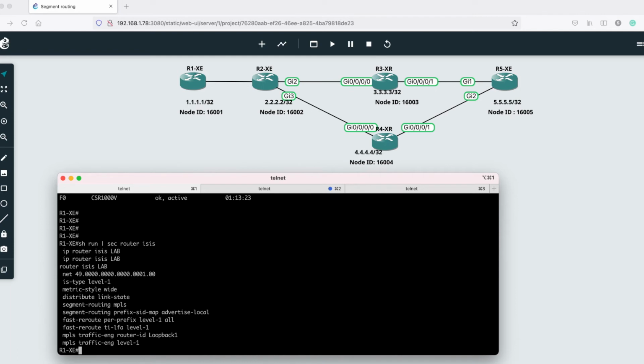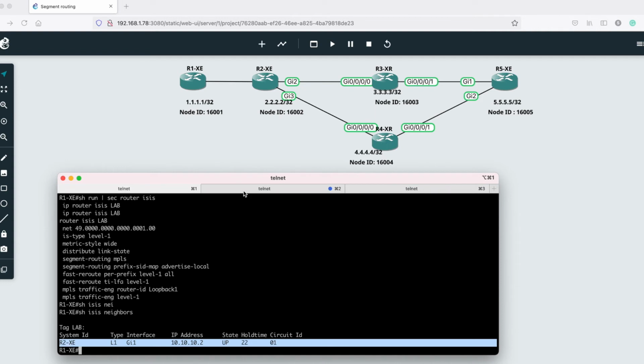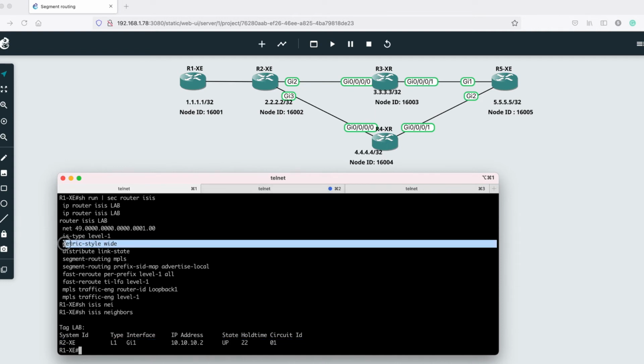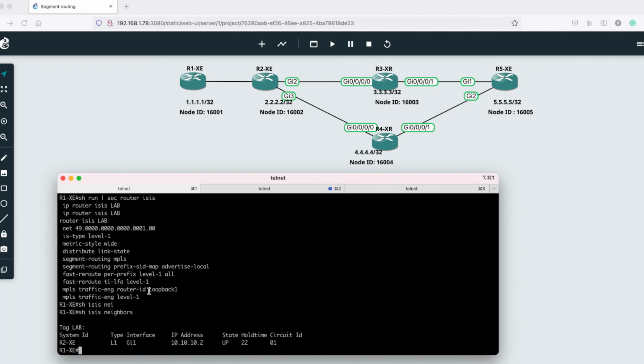So I have show ISIS neighbors. I have one ISIS neighbor, R2 XC. You need to configure metric style as wide because all these updates, whatever we have in ISIS TLVs, go as extended ISIS TLVs. So you have to configure metric style as wide, and also you need to enable segment routing MPLS under ISIS. So this is all.